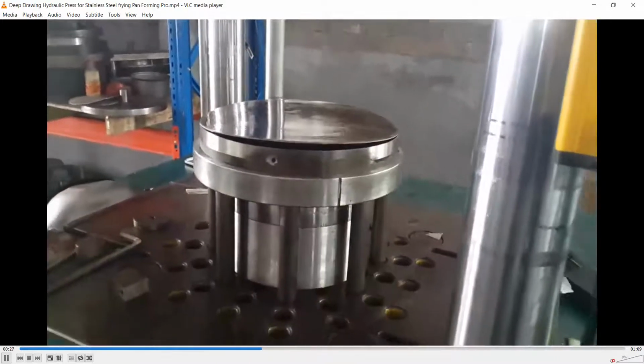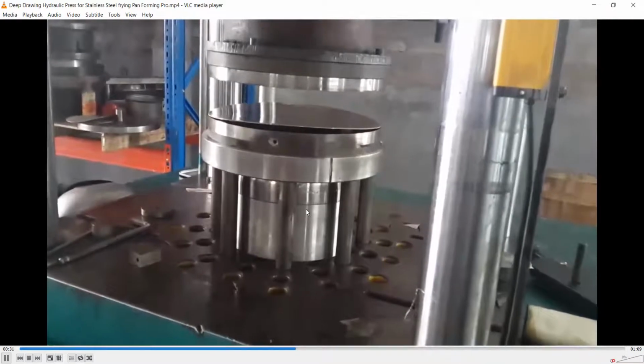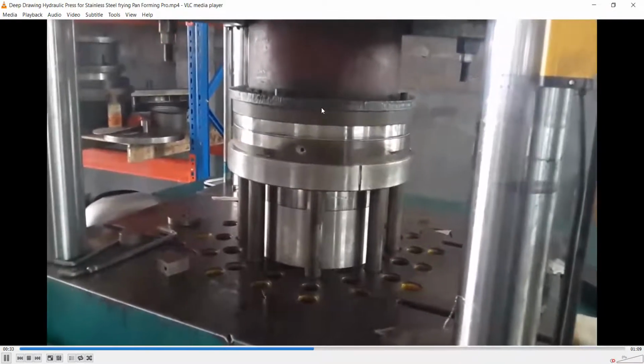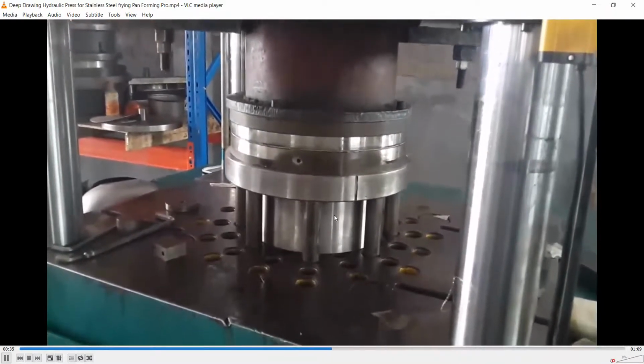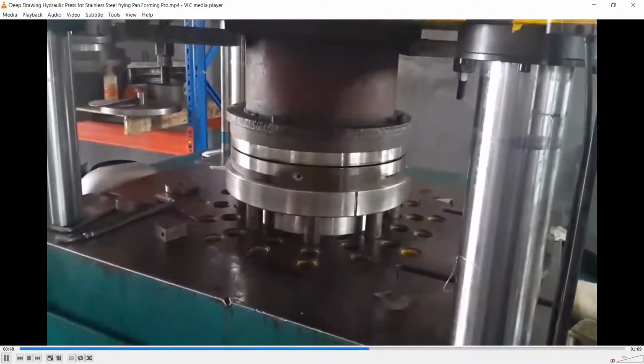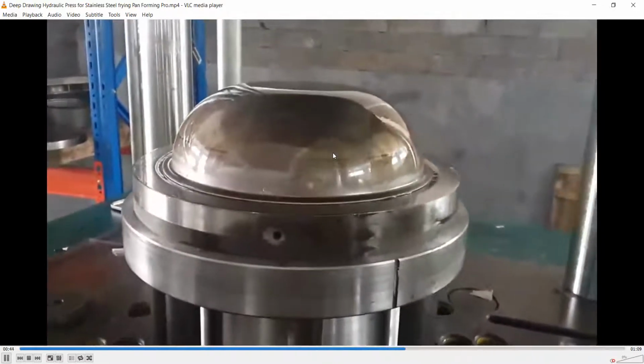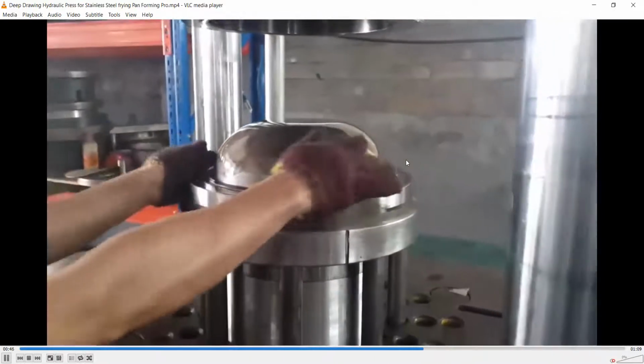And in this case, we are having an inverted die. So the die is at the top and the punch is at the bottom. So you could see the die will move downward, and the punch will be stationary. And we will be able to make a hollow symmetric part in this case as well.